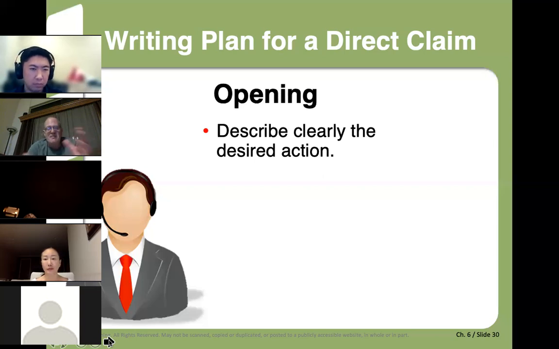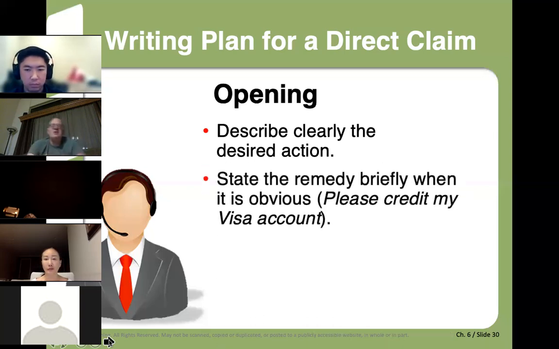So you want to describe what you want them to do right up front. And you'll even have an idea in mind of what you want this company to do for you to make things right. In this case, since you don't have any inventory in that part of your store right now, because you were waiting on their delivery and it came broken, you need them to overnight it to you. And you want them to do it without invoicing you because you've already paid it.